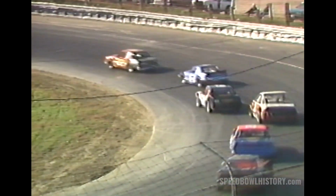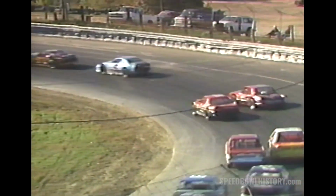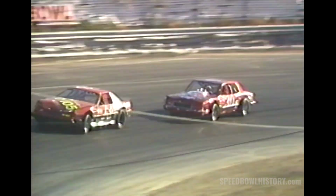Larry Cody running the runner-up spot with the 89, then it's the 43 of Ray Maneri. He's running that third position. Matt Sapiri continues to maintain the 4 spot out on the speedway, although there's a little distance between he and the third place runner of Ray Maneri. Top 3 automobiles looking to pull away from the 4th place runner, the 62 of John Shortell running 5th out